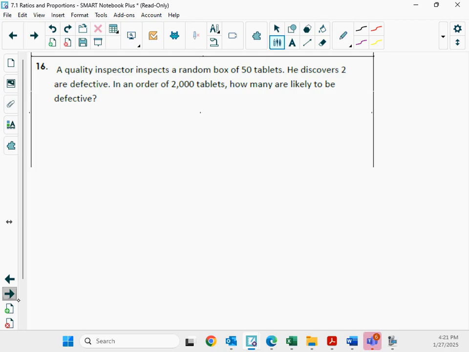This is a real life situation. Think about like when we went through COVID. They said if we test 1,000 people, how many are positive? Okay, now what if there's 1,000,000 people? How many do we think are probably going to be positive? That's exactly what this is. So I think the best way to start this is to write out exactly what two values you're comparing. We're comparing defective tablets over the total number tested,